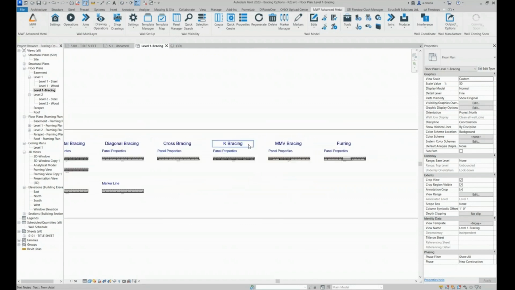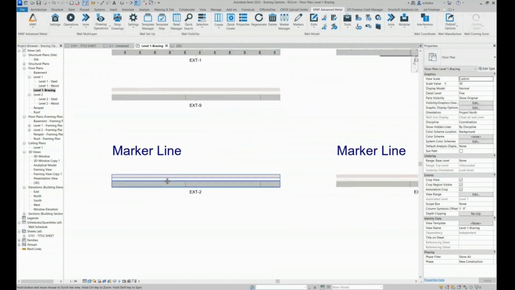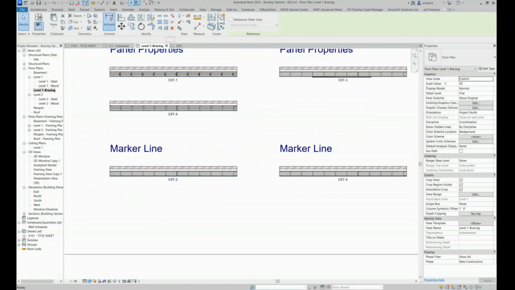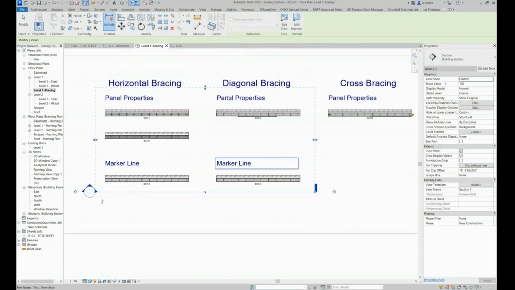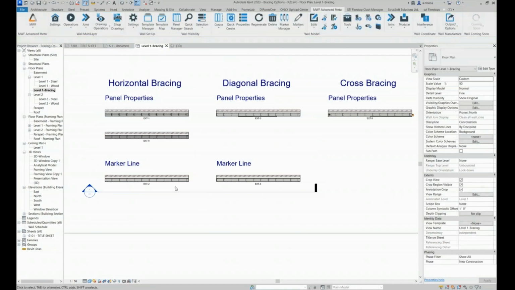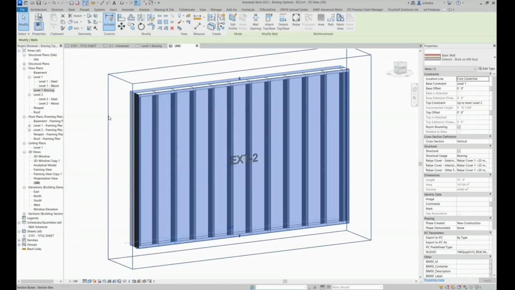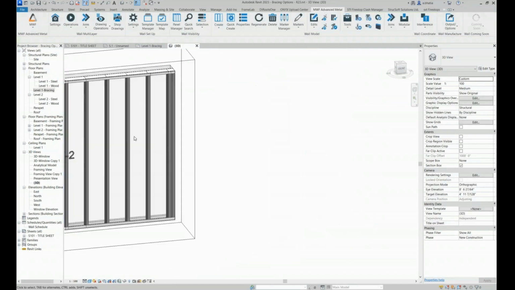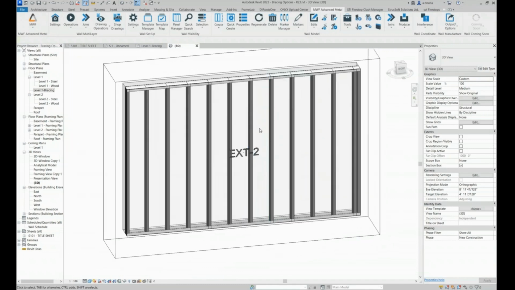So that's basically how to add all of these elements through properties. Now we want to add them also using marker lines, right? So what I'm going to do is first create a section over here, and I'm going to have that cut back to here, okay? And for this wall, let's go into 3D. So let's first show you how to add a diagonal, horizontal member using